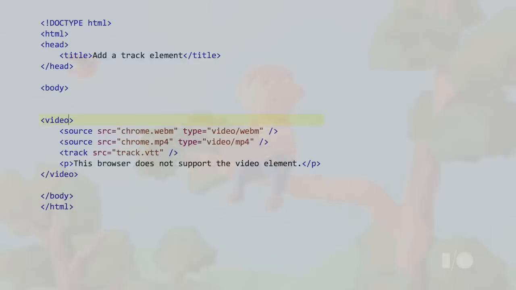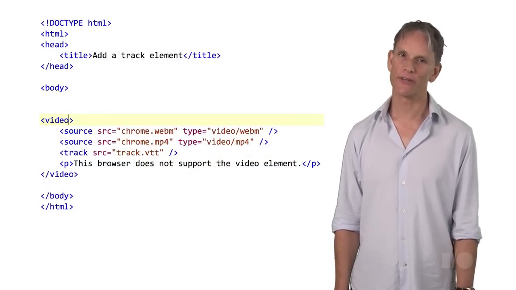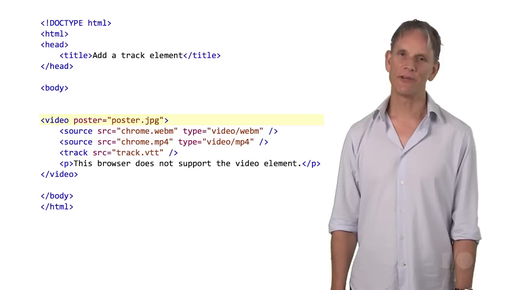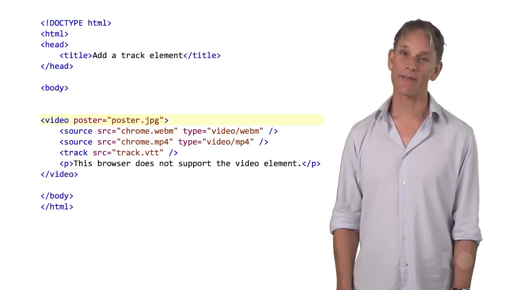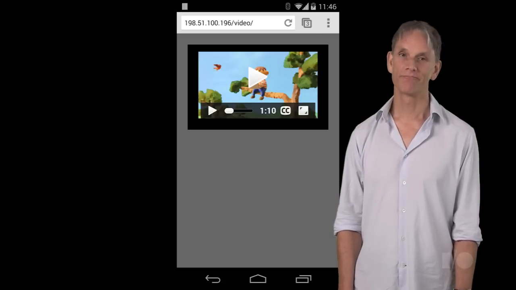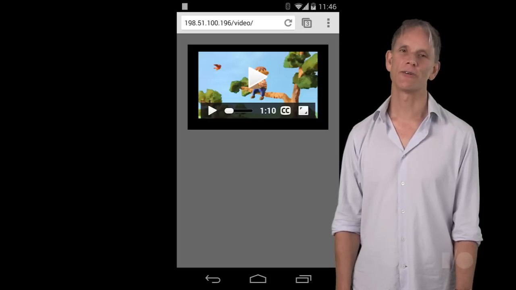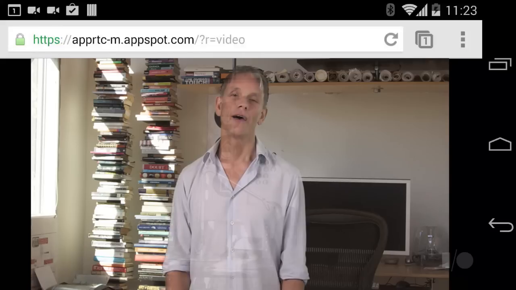And finally, to give your users a better experience, don't forget the humble poster attribute. The poster attribute points to an image to be displayed in place of a video before it's loaded. Including a poster gives viewers a meaningful idea of content without having to download any video or start playback. Without a poster, nah. And with one, nice. The only downside is that using a poster image incurs an additional file request, which consumes a little bit of bandwidth and requires rendering. So that's it.